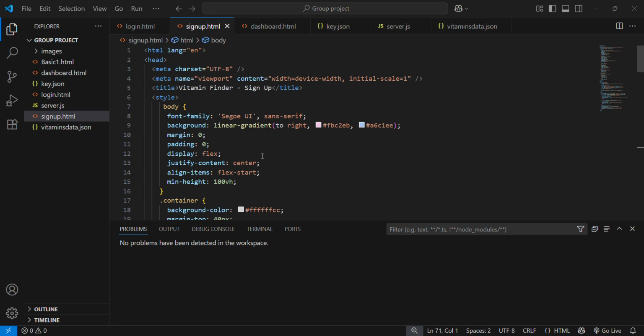Today I am going to show our group capstone project called Vitamin Finder. This website helps users find out what vitamins are present in different food items across various categories. It's built using HTML, CSS, JavaScript, and Firebase Firestore for the backend. The idea behind this project is to raise awareness about nutrition with just a few clicks.